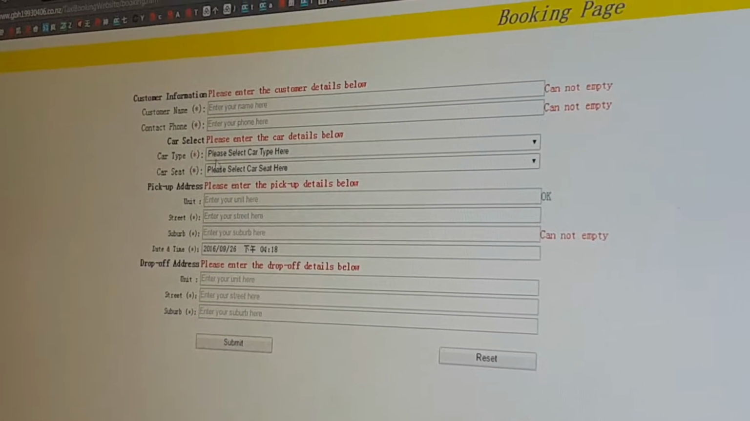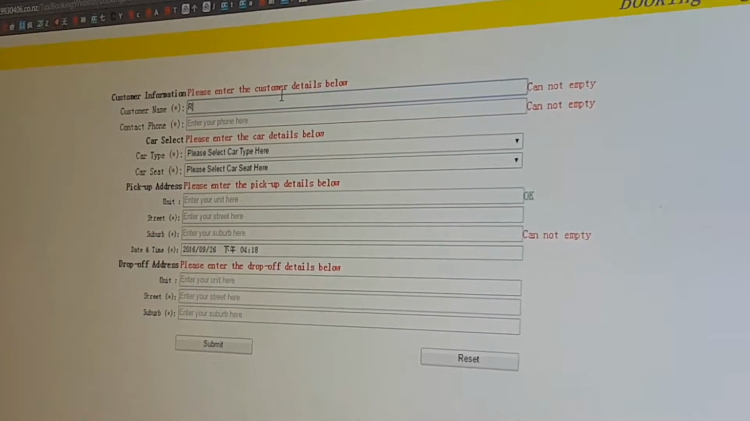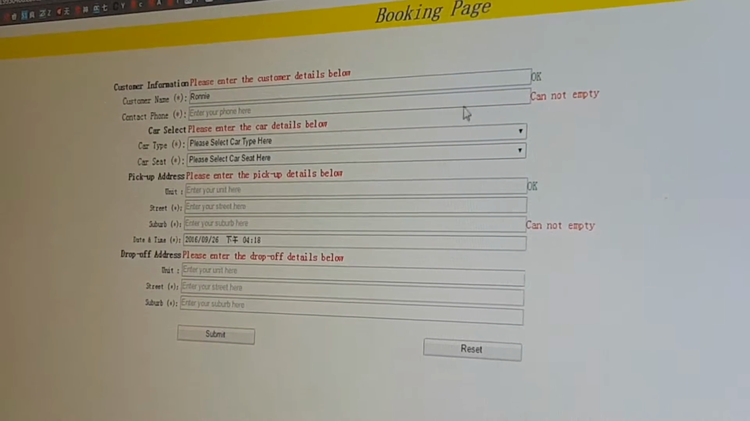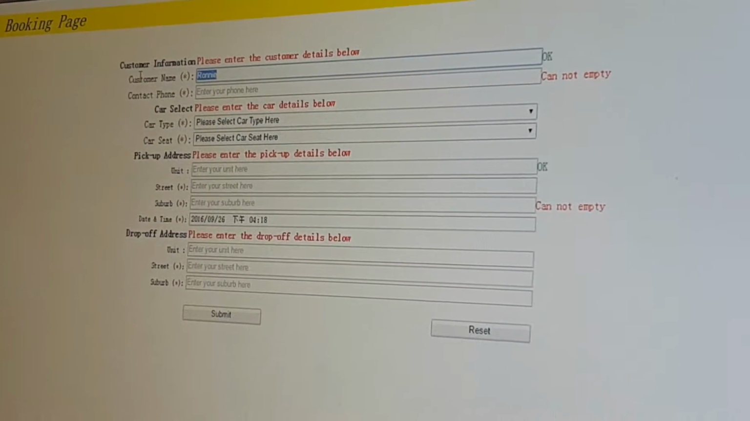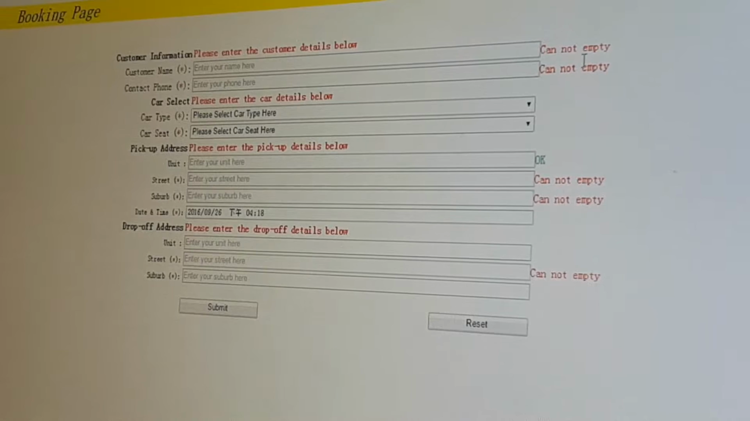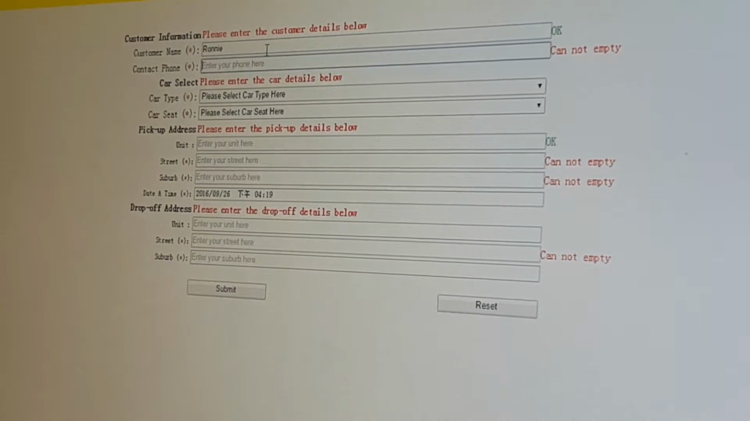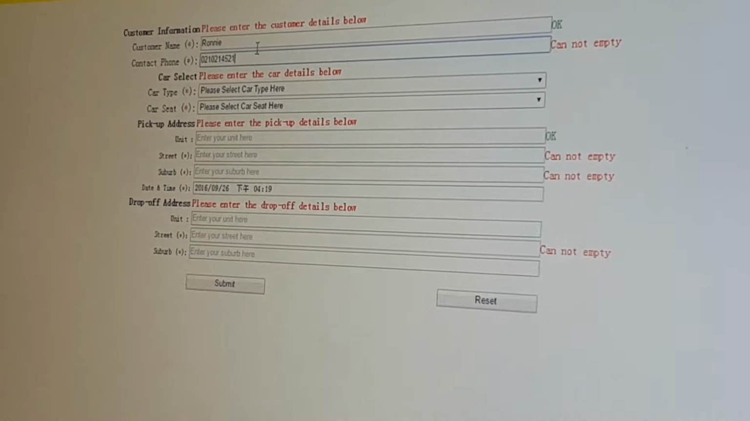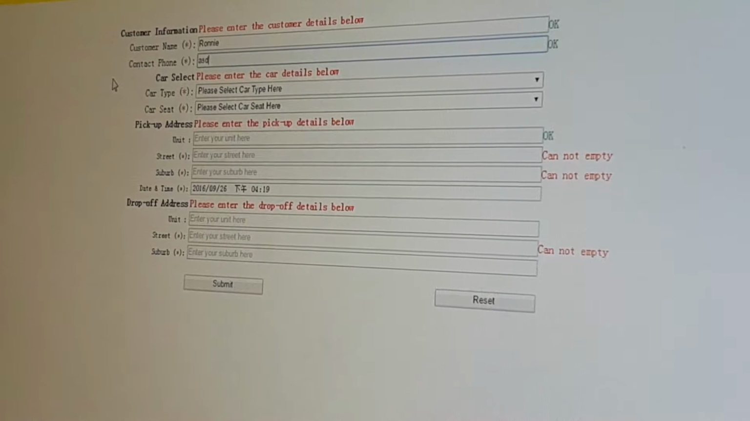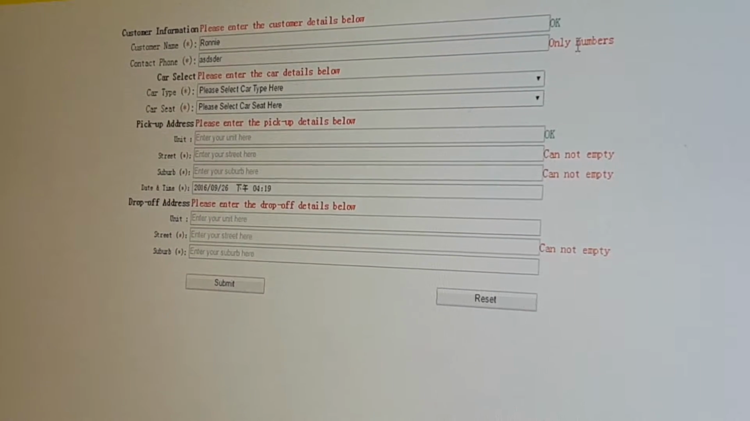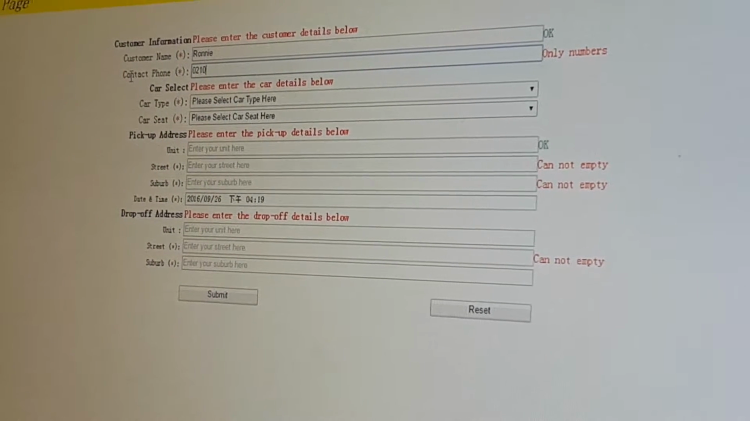sprint 1 work. First, you can type in the customer information here, like you can type in a name, and you can see it's okay after you type in the name. But if you leave this empty, you can see here it says cannot be empty. Then just enter your phone number. It's okay, but if you type in some letters here, you can see it only accepts numbers. So it must be the